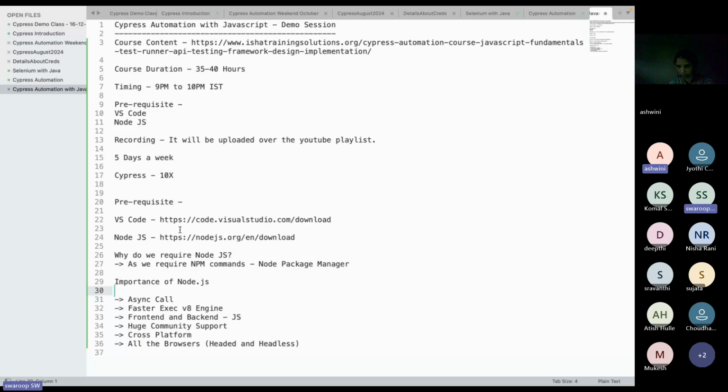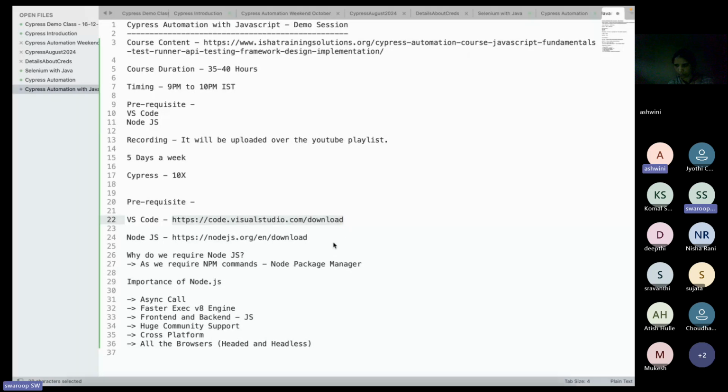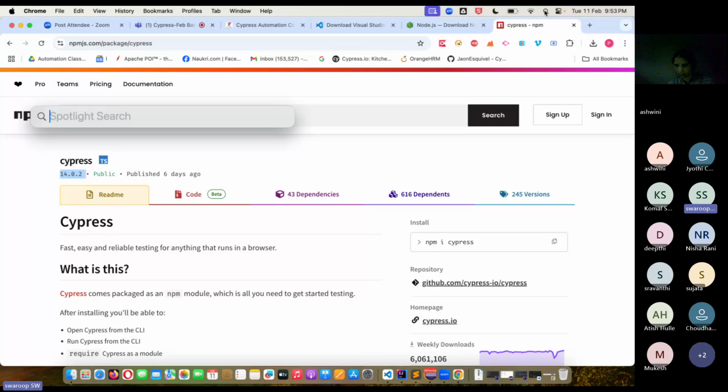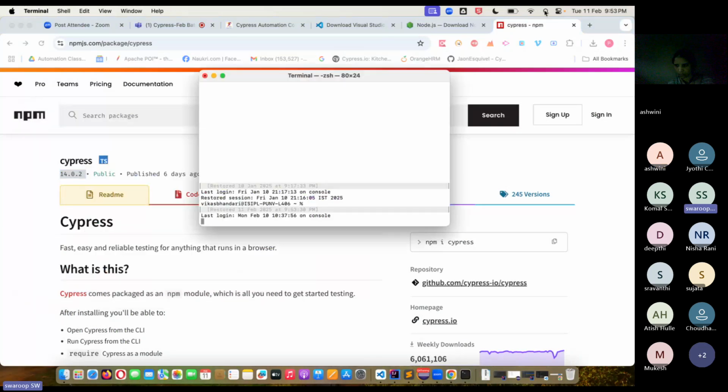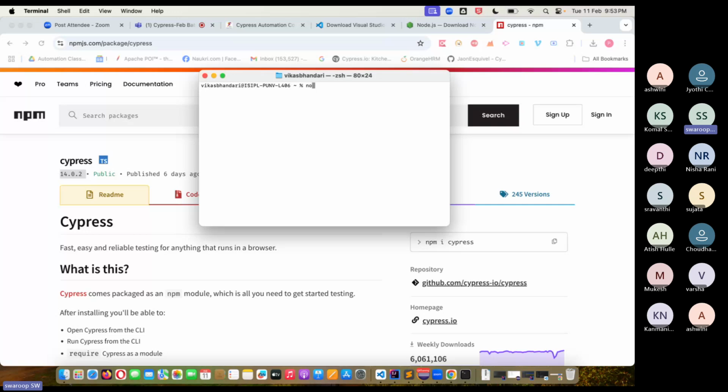Just to give you brief context, guys, make sure that by tomorrow you have VS Code, and second is Node.js. Once you install Node.js, go to the terminal area of your system. If you are using Windows, go to command prompt. If you are using Mac, go to terminal. And over here you can write node